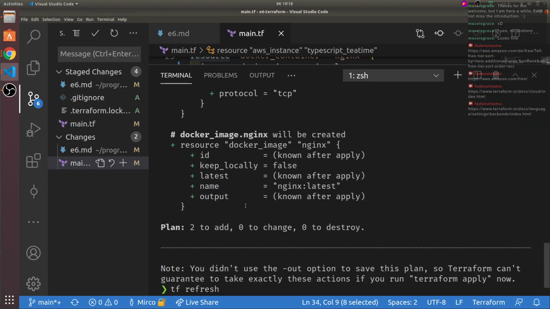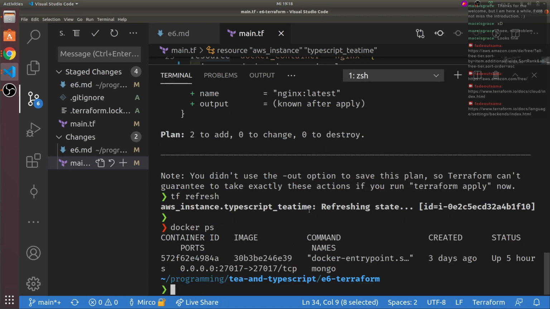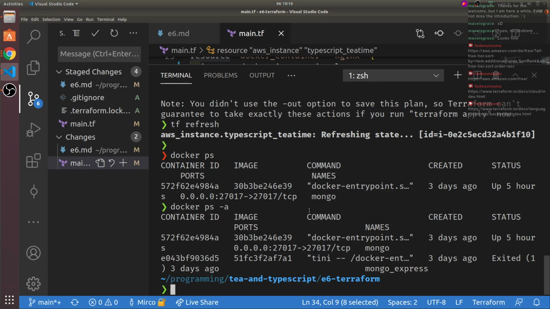So let's execute. So currently I am running a Docker, a Mongo still from 3 days ago. But in particular, I do not run any containers, any Nginx containers, as you can see. There's also an exited Mongo Express here.